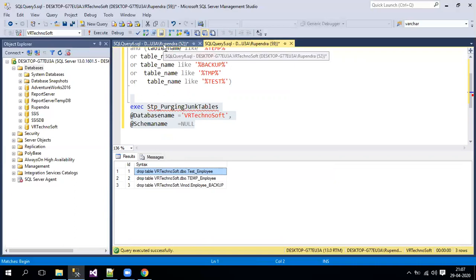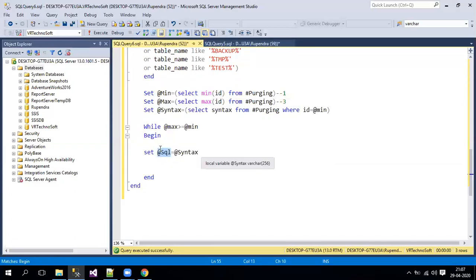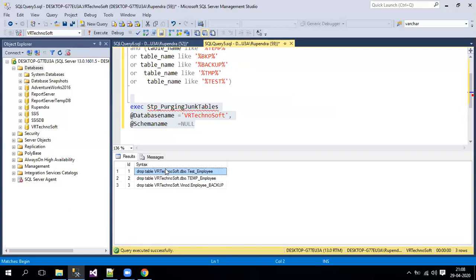That syntax we have to execute now. This variable contains that syntax, right? So to execute, we'll write exec of this variable name, because this variable contains that syntax. Now it will execute this command. Whatever is inside it, this drop statement, it will get executed and it will drop that table. That is exactly what it will do.